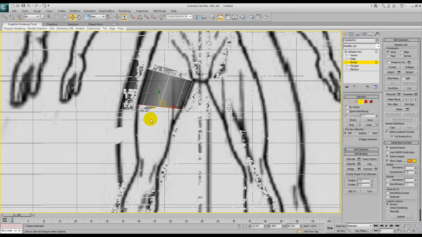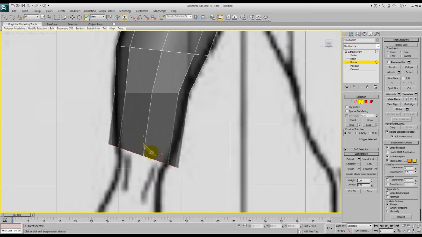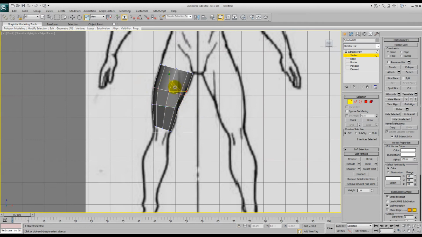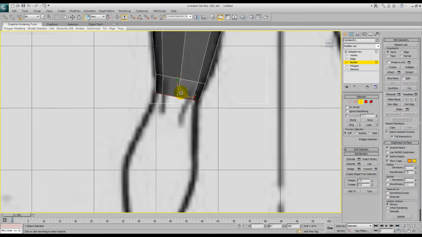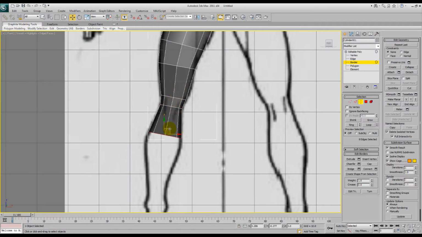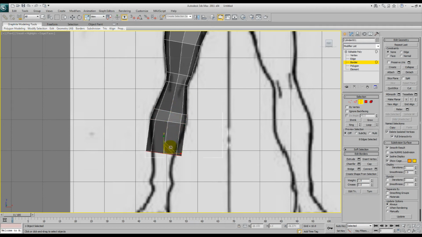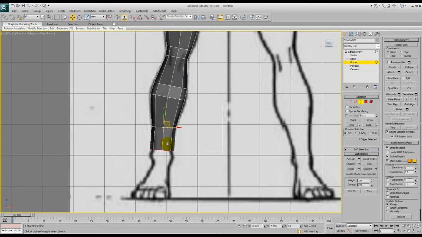And another great thing is if you select by border, then you can select that very easily. You can just hold shift and move it down. And in fact, we'll align to the Z-axis, and that should be okay for now. Now I'm just going to do this really quickly, so I'm going to grab this and move it down, and it just needs to roughly line up, and we can tweak it afterwards, just eyeballing it. Alright, so that's basically one leg